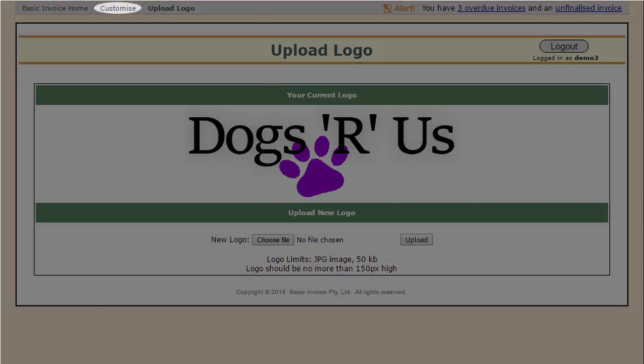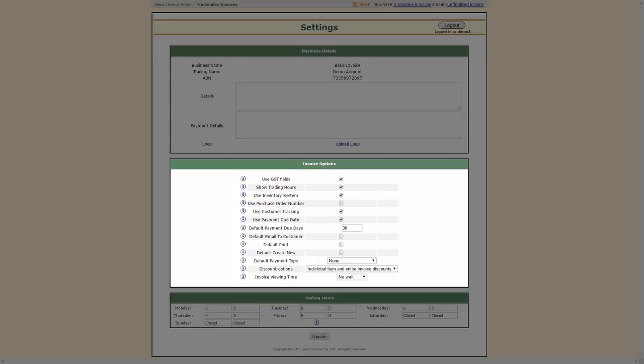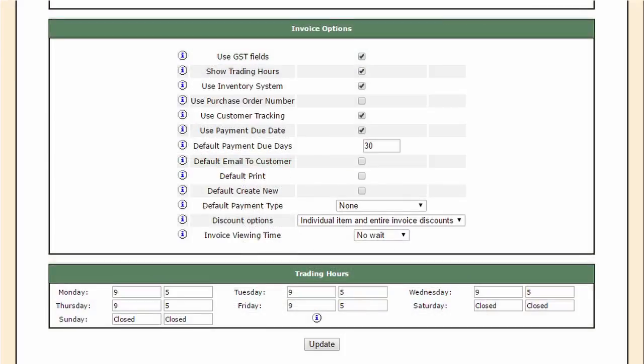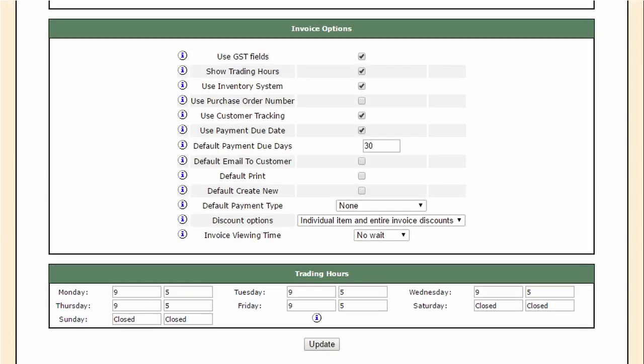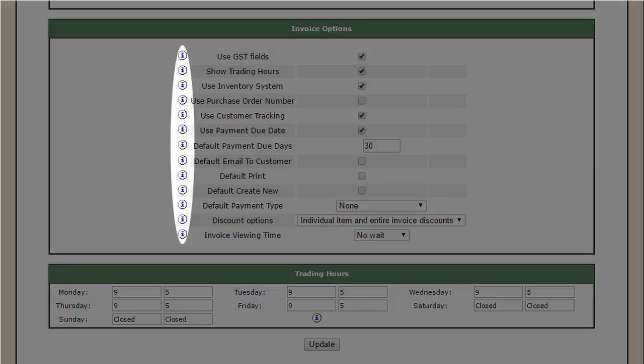The Invoice Options section allows you to choose which details you want included in your invoices. If you're not registered for GST, simply deselect that option and all the GST stuff will magically disappear. Just don't tell Kim Beazley it was that easy. Options here include the use of an inventory system when drafting your invoices, default payment terms, automated emailing of invoices, and when to apply discounts. If you're unsure about what any of the options are for, click the blue and white eye to the left of the option title to be shown a brief explanation.